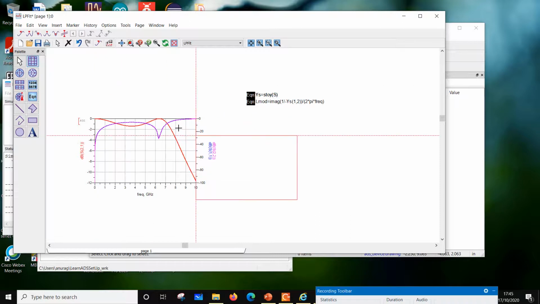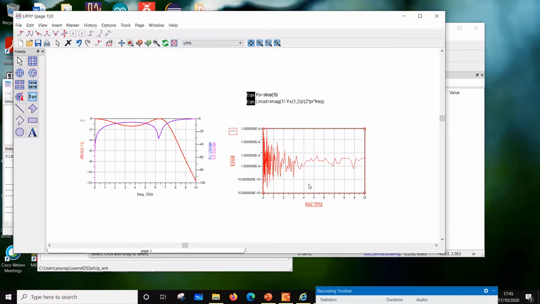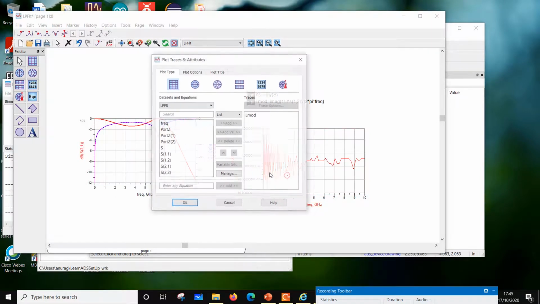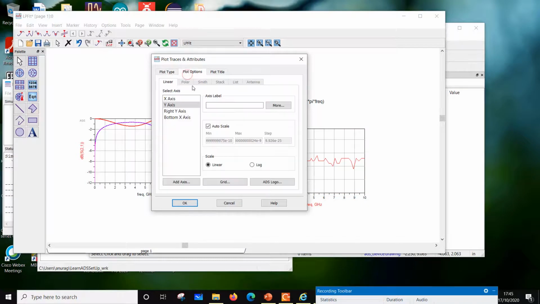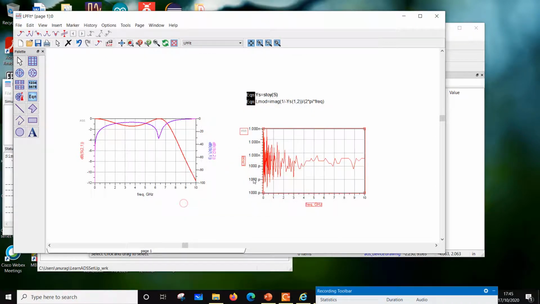So if I was to plot this, I have to go to equations, and it is available here. And what is its value? Basically its value is 1 nanohenry. You can also change the unit. You go to plot options, sorry, plot type, and just 1 second, you can go to more axis. Instead of format this, you can change it to engineering. Say okay, say okay. So this is 1 nanohenry, or 1000 picohenry.